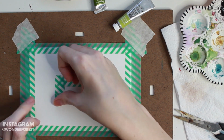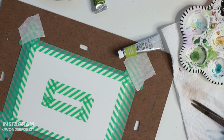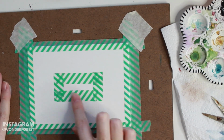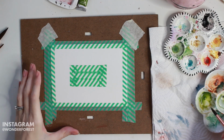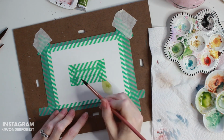So I'm just using washi tape right now, and I'm trying to make a nice crisp rectangle in the center. I'm just making sure to line up my tape with each corner so that I don't have that ripped off edge showing. I thought after this you could also probably use like an address label or something like that that's a rectangle. Basically you just want to mask off that little area, and then you're just going to grab your